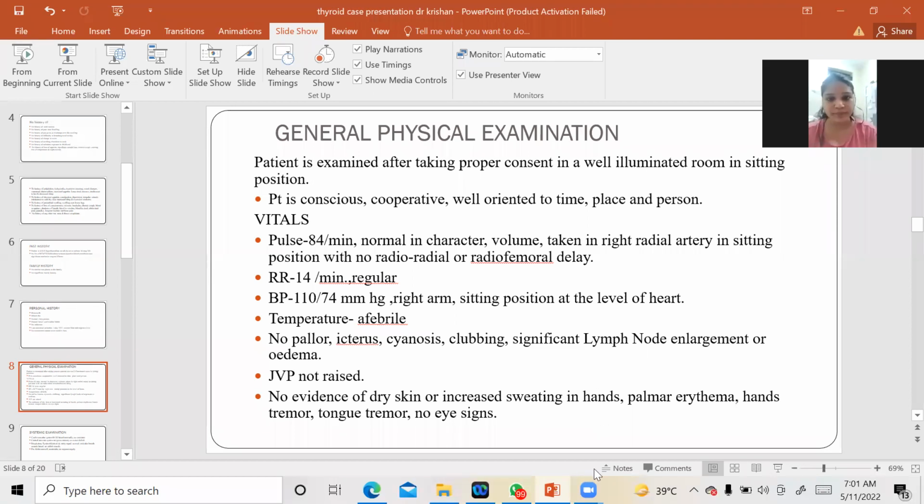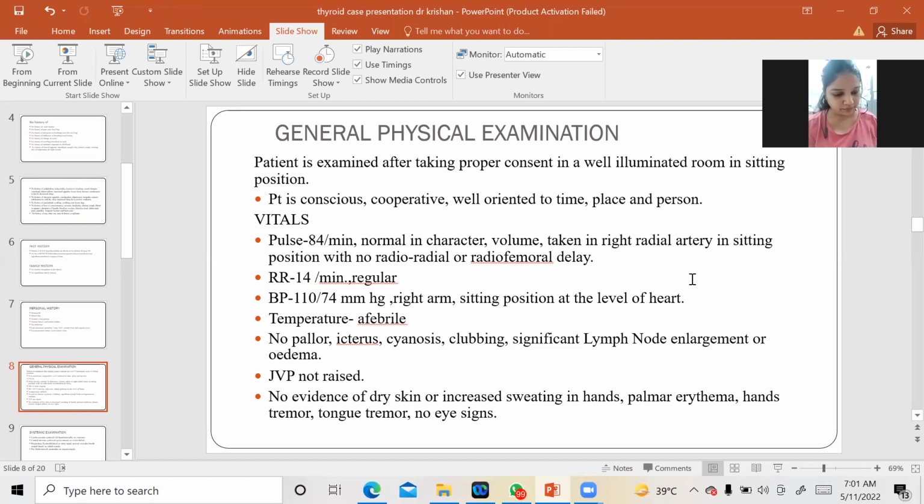Any mnemonic, Dr. Shivani, you follow to remember these? Actually, no, I have not made any mnemonic for that because I have seen the case, so I am not using it. But surely I will do something soon, and we will share videos of the different signs we see in patients on our YouTube channel. Real patient videos we will share, so that you will remember more.